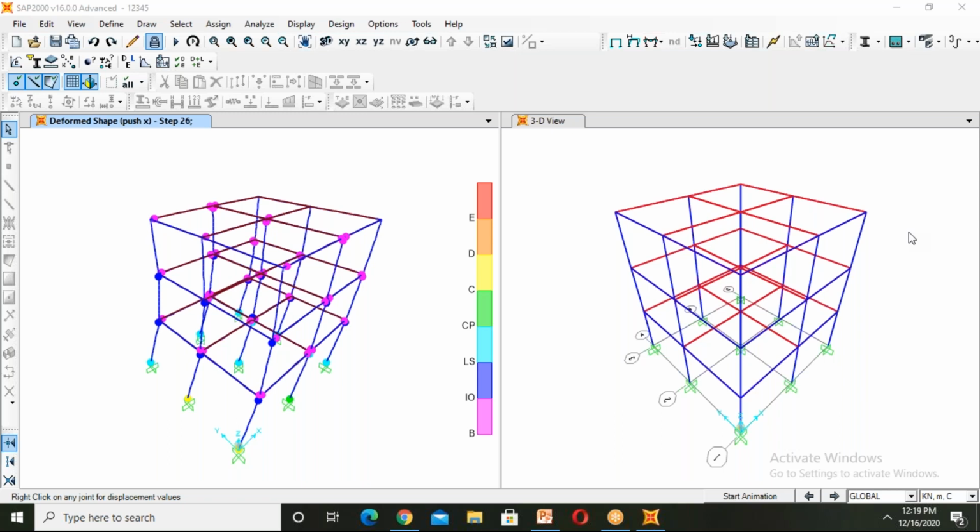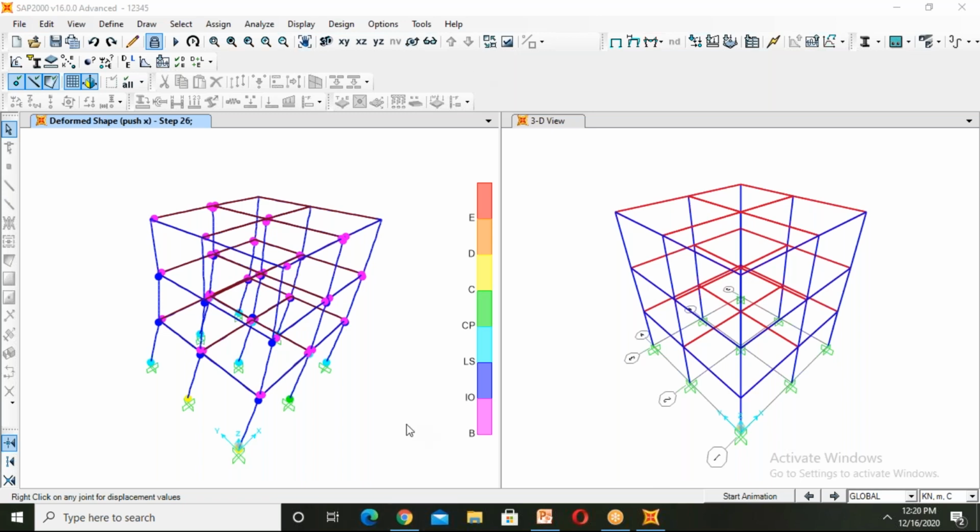From pushover analysis we come to know where the first hinge is obtained, so that we can do retrofitting there. There are different types of retrofitting strategies.